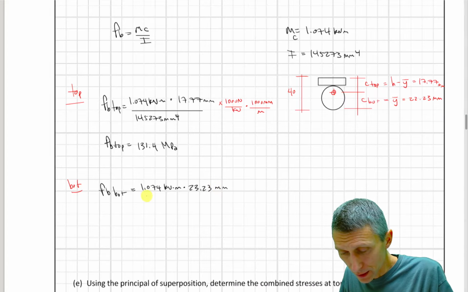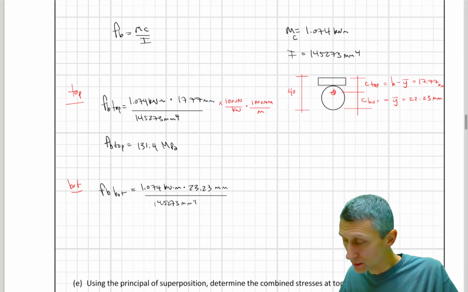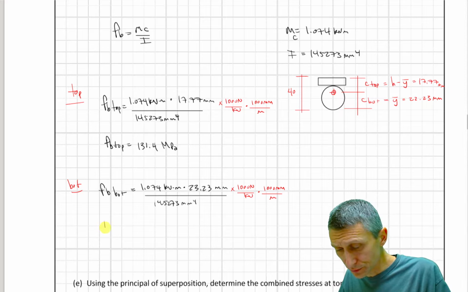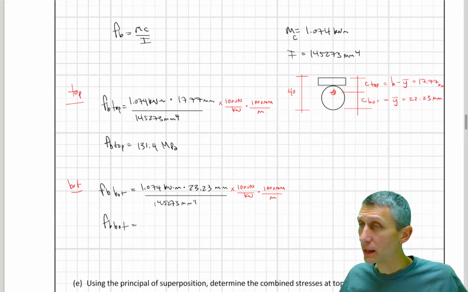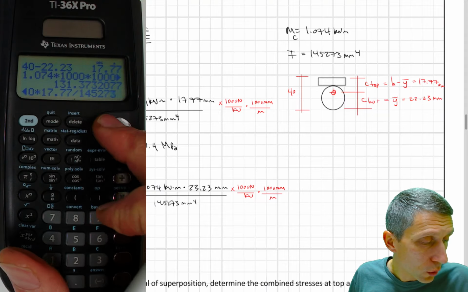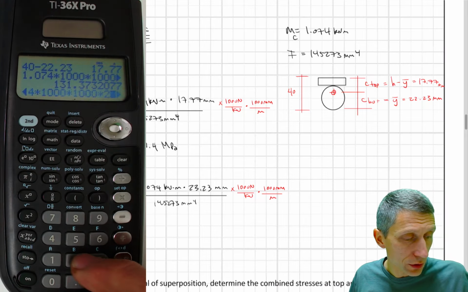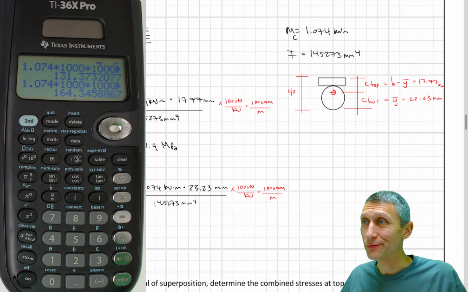That's millimeters, right? Divided by 145.273 millimeters to the fourth. I need to multiply this by all of this junk again, right? So I just need to bring that back down. And what do I get? I get my FB for the bottom equal to, let me come back to the calculator here, because all I have to do is come back to this line here, and you'll notice the only difference is going to be this value here, my C value. So if I take 22.23, put that in, that's the only thing that I need to change, and I get 164.3